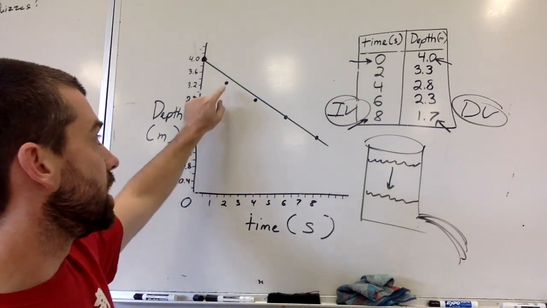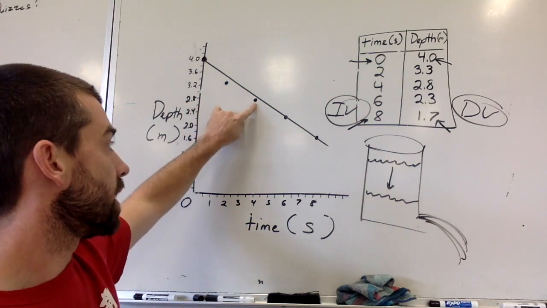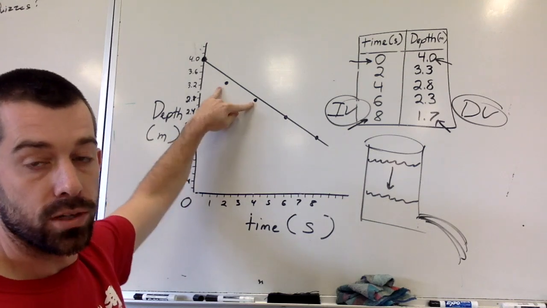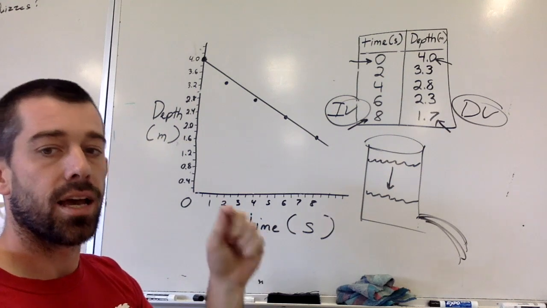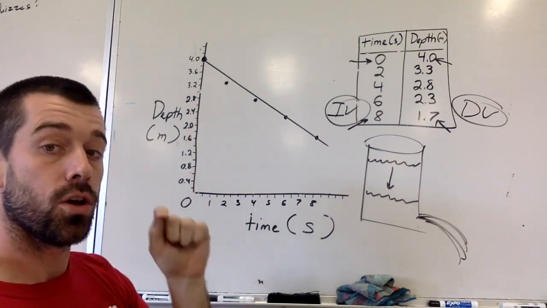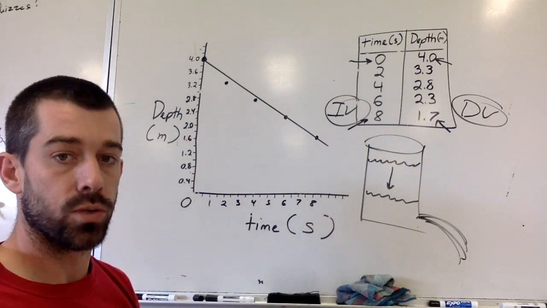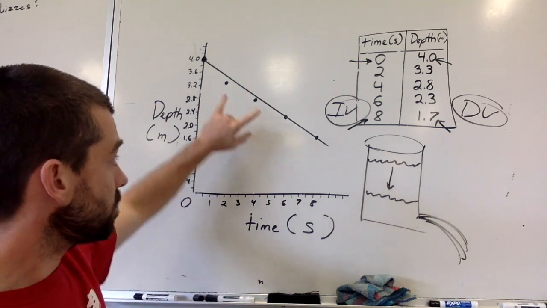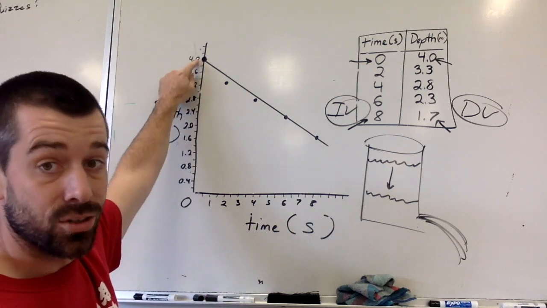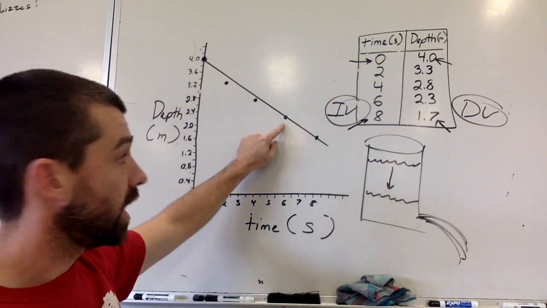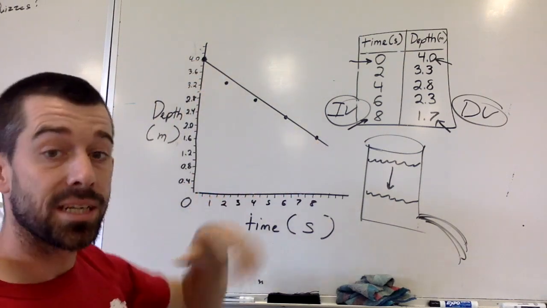For example, I would not do this point and this point as my points for finding slope. Remember that to find slope, you need 2 points, and you're going to look at the rise over the run between those 2 points. So I wouldn't pick those. I also wouldn't pick necessarily this data point and this data point or that data point, because like we said,